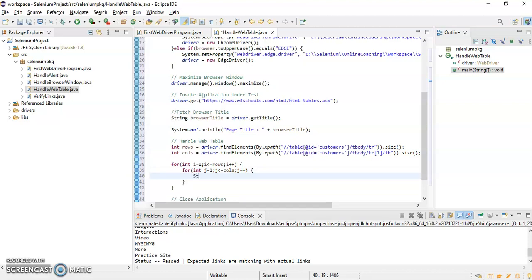Okay, so I'll just write here string cell value is equal to driver dot find element by dot xpath. Okay, so I will write like this.